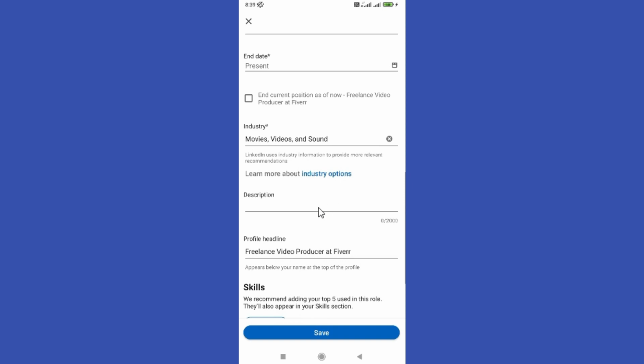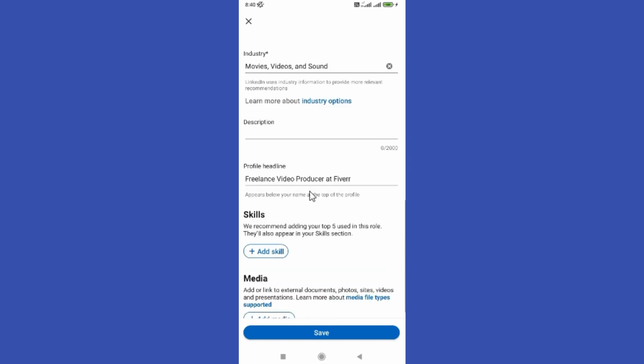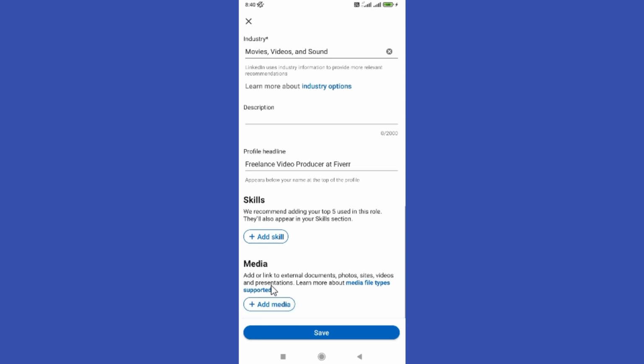You can also write a short description about your new job and add your new skills and media, and finally tap on the save button at the bottom right corner in order to announce a new job on your